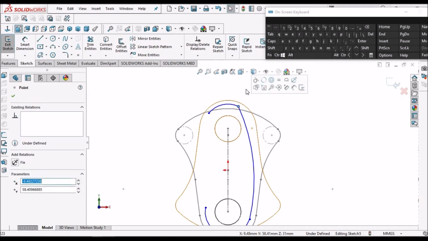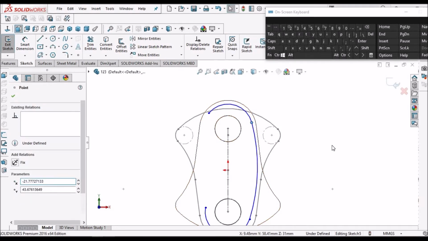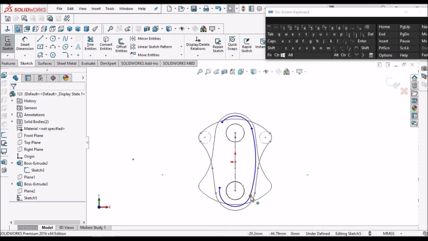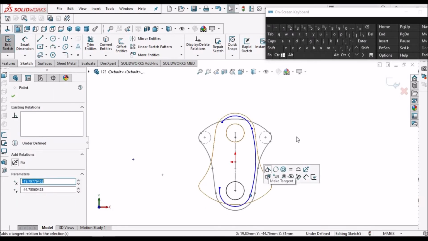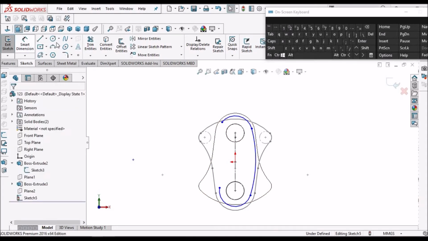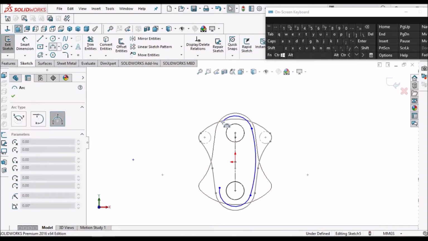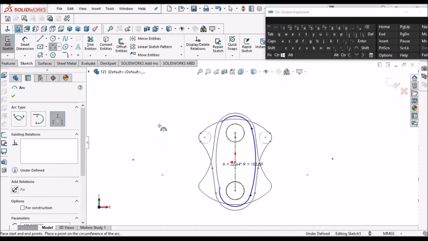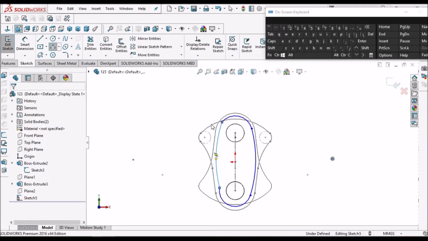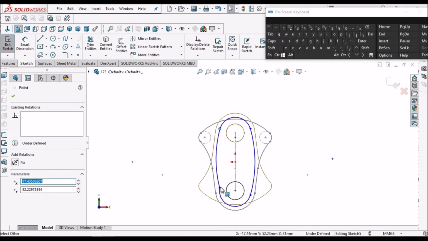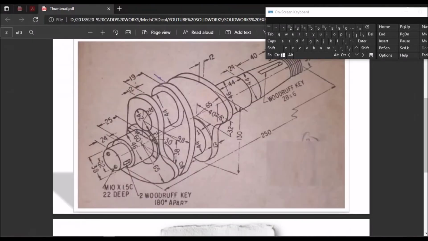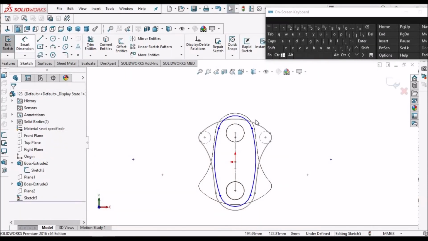Make this tangent. Make this tangent. Now this is 26.